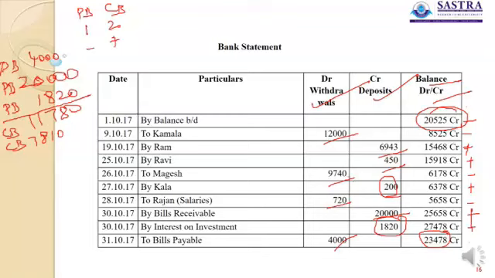Then the 20,000 rupees bills receivable collected not entered in cash book, that increases passbook balance, being it is a collection, and decreases cash book balance, being such a collection has not yet been brought into the notice of the customer. Then go to 1,820. Such 1,820 is the interest on investment collected not entered in cash book, being it is an income, interest collected by bank plus, whereas ourselves minus, because such collection of interest has not yet been brought into the notice of the business, so that it would not have been entered in cash book as a receipt.